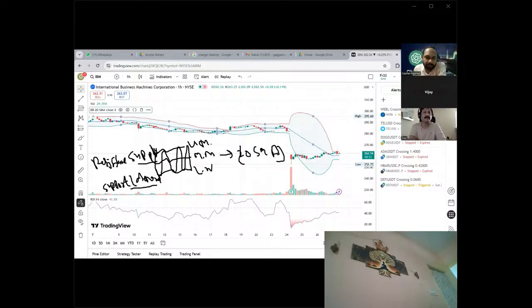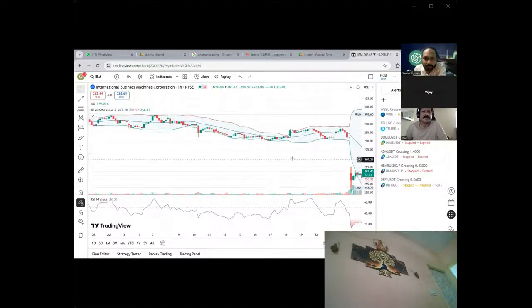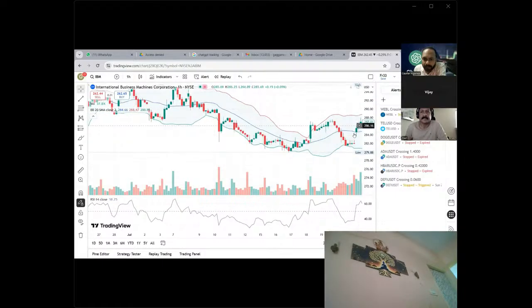So whenever the stock touches the lower band, after that it will get some kind of demand and it will start moving towards the upside. Apart from that, if the price is here, I'll show you in the chart now. I'll explain in the chart. So let's see this use case in this scenario. This is the scenario, right?